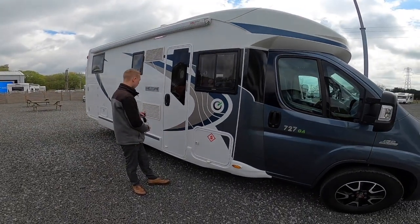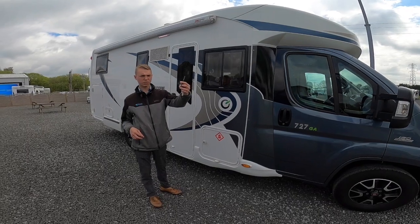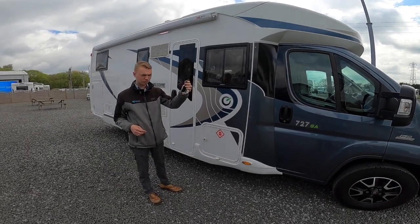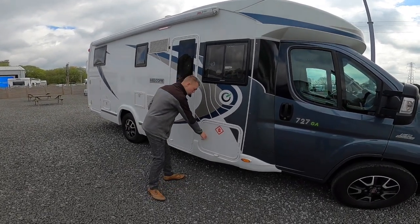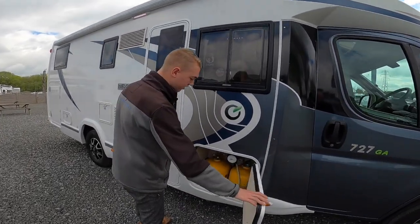So we start with a walk around of the outside of the vehicle on the driver's side. One of these keys opens the gas locker, and the rest do all the other locks and doors. In here, LPG, liquid petroleum gas, is the gas locker. And as you can see, you've got two